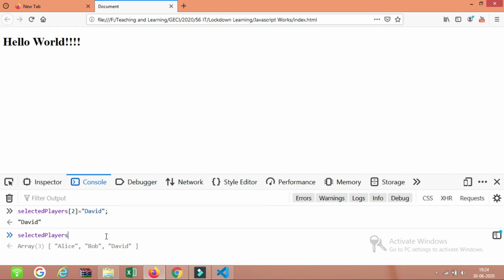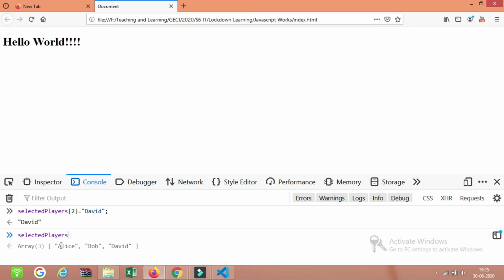As I have said earlier, JavaScript is a dynamic language. Dynamic language means we can assign values as we want. That means we don't need to specify int, string, float, or something like that. We just need to write var and a variable name, and we can assign any values to it. That means even though all these values are strings, we can also assign integer values to this. A mix of values can be assigned.